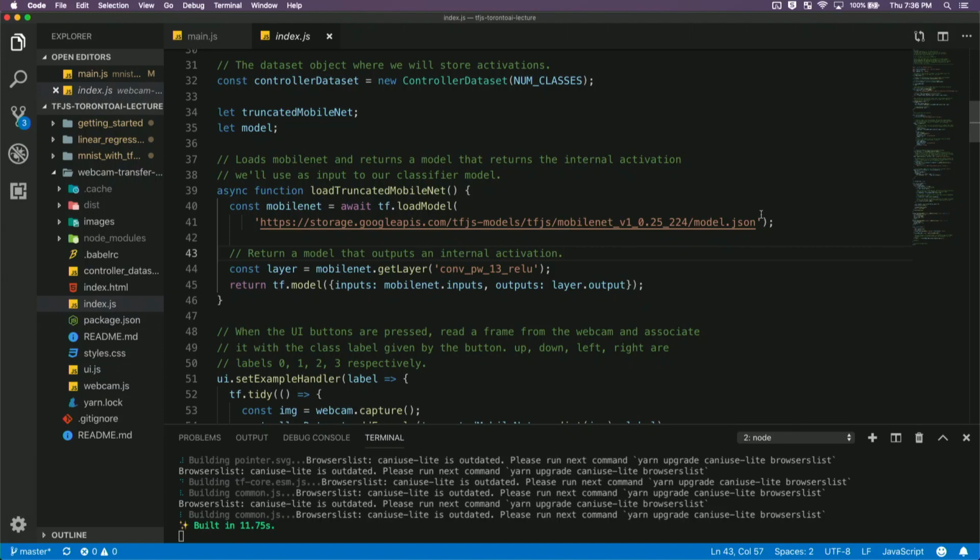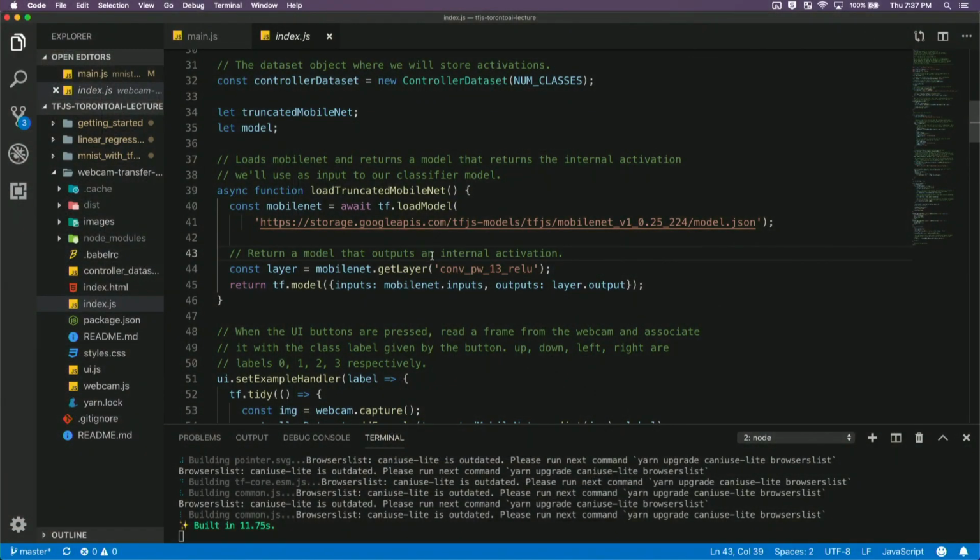And if you've been building your models in Python, there's a tool on the TensorFlow.js website that you can download and run from the command line that will take an H5 file or a .pb file, a frozen weights model, and convert it into the JavaScript equivalent. So you've got a very quick and easy conversion tool, and then you just have to call this one command to get it into your application.